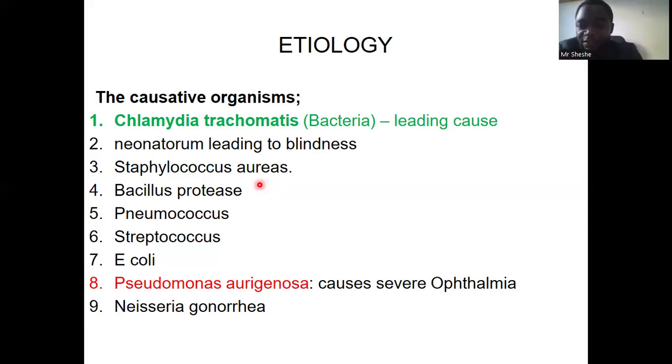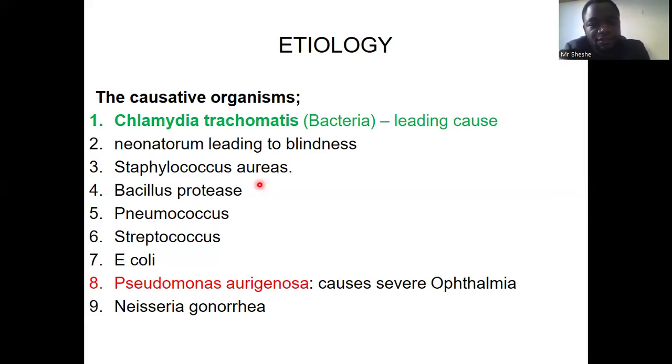Remember, it's behaving like a bacteria because most of the bacteria, they can grow outside living cells. But when it comes to chlamydia, chlamydia wants to grow and multiply inside a living cell. Because of that, it causes damage to cells, scar tissue forms, and then that can lead to blindness. So a membrane will start covering the eye. So that conjunctiva is inflamed. And remember that conjunctiva is a simple columnar epithelium. So those cells are damaged, and then scar tissue forms, and then later on